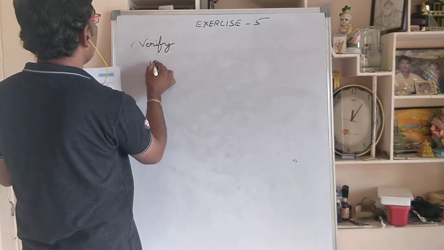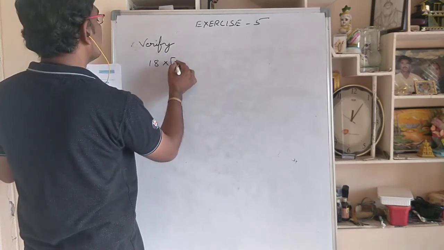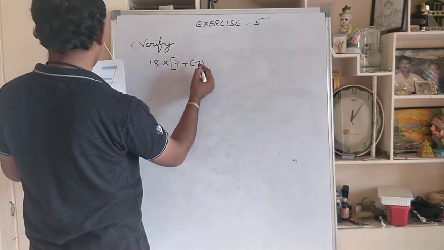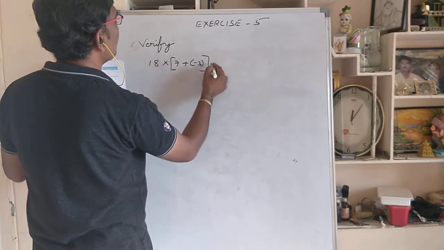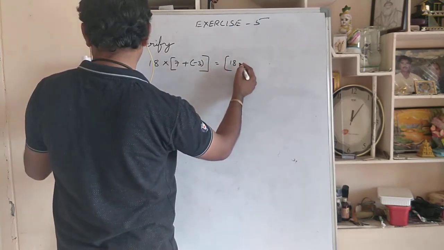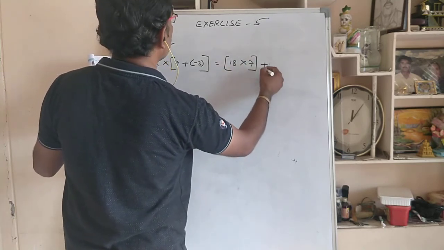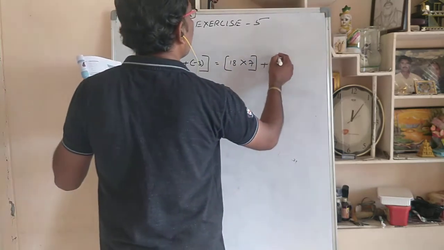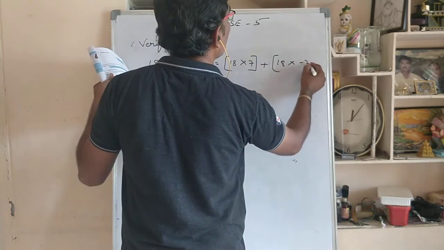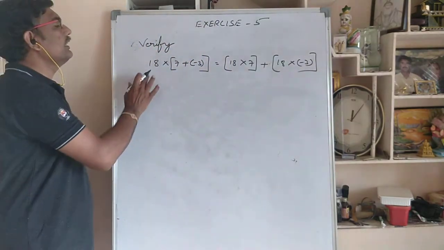What do you have to verify? 18 into brackets open 7 plus minus 3 brackets close is equal to brackets open 18 into 7 brackets close plus brackets open 18 into minus 3. So if you see here, it is nothing but